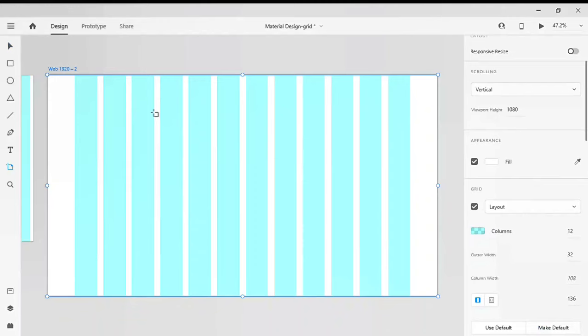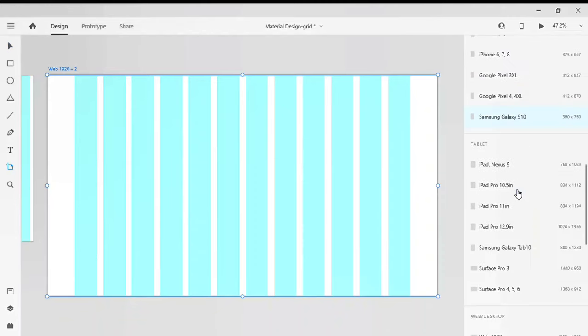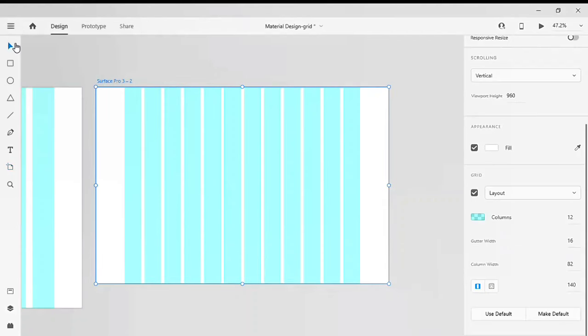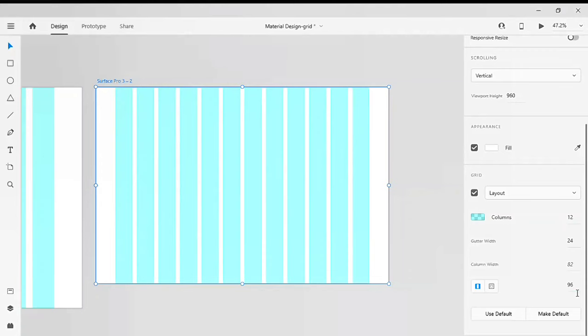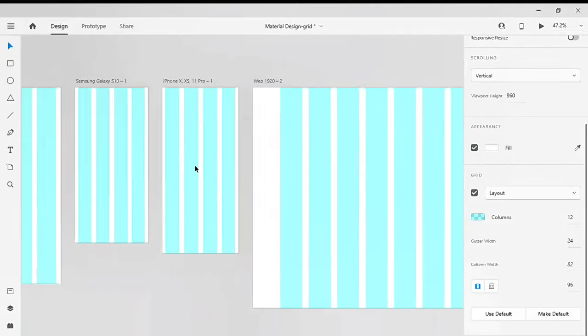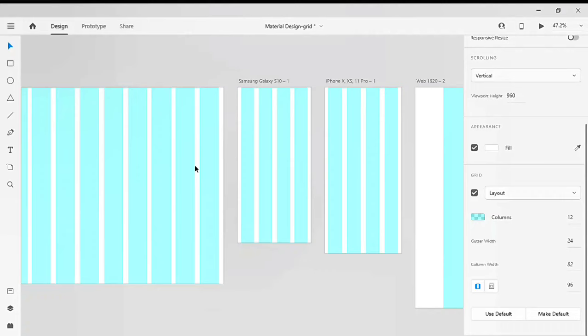Let's check how it reacts with the 1440 screen resolution. Just go to your gutter values, turn this 16 into 24. See, by default it has taken 138. Let's do some math here. Multiply 24 by 4, you will get 96. Apply this 96 to your offset margins. So this is your fixed width for the 1440 screen resolution. And also I want to tell you, Google Material Design uses the 4-point dp as well as the 8-point dp as the grid system values to calculate your grid.